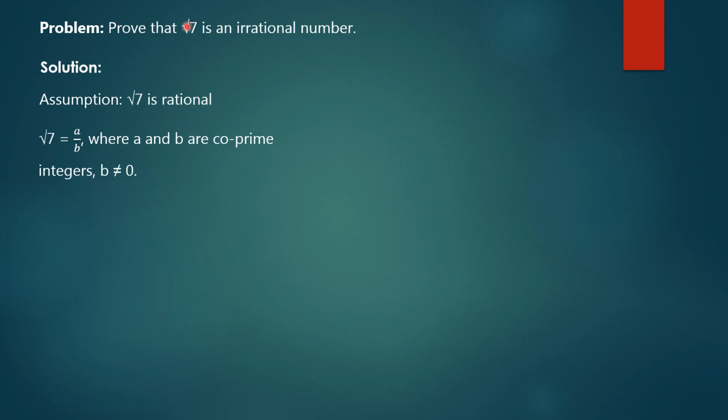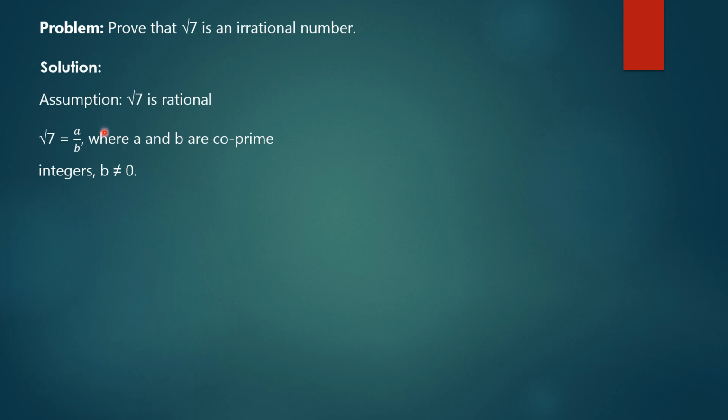Every step is dependent. Every step comes from its previous step only. Observe carefully. How do we get the assumption? It is from the given statement, the opposite of the given statement. The given statement is root 7 is irrational. For this statement, the opposite is root 7 is rational. Now, from the definition of a rational number, root 7 is equal to a by b, where a and b are integers in the general definition. But here I am taking co-prime integers because I want a by b in standard form. That's why b not equal to 0. This second step we got from the definition of a rational number.